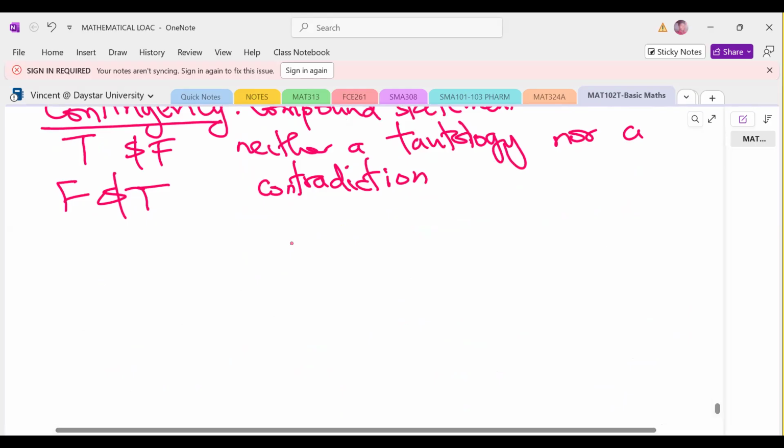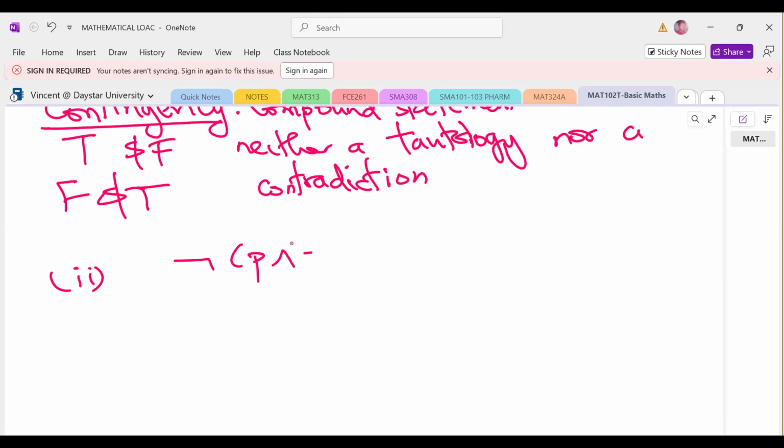So then I want now in number 2. I want you in your book to draw this and tell me what you get as your final values. I hope from the statement itself you know how many rows you require. How many? Four, because there are only 2 letters, okay? Yeah, correct. So then I'll construct the truth table and then you let me know what is the